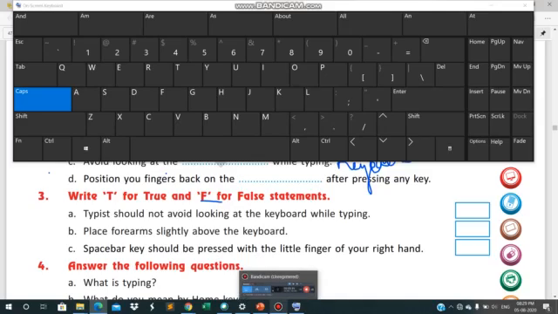If it said typists should avoid looking at the keyboard while typing, then the statement would be true. But this statement is false. Now next is: place forearm slightly above the keyboard. This statement is true.